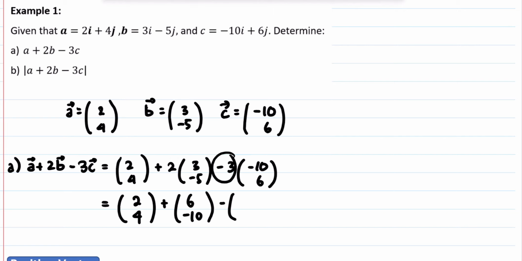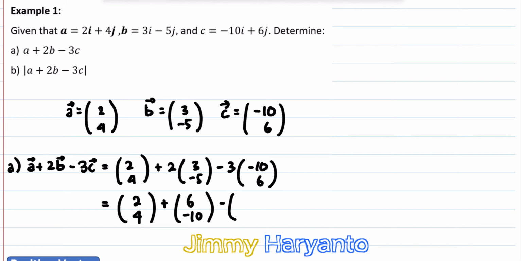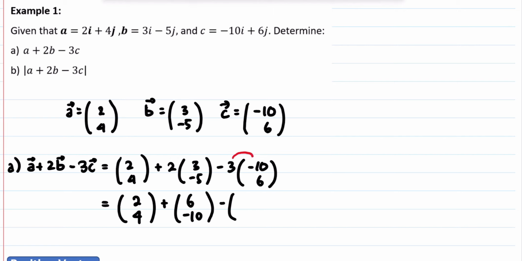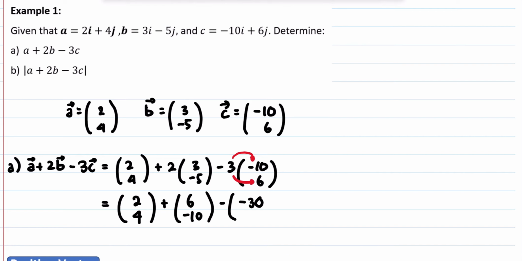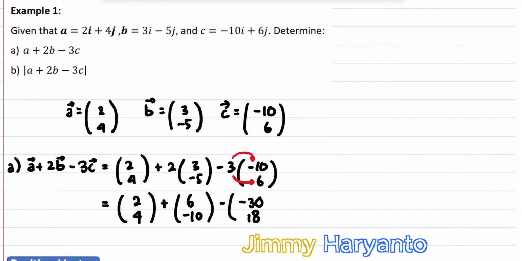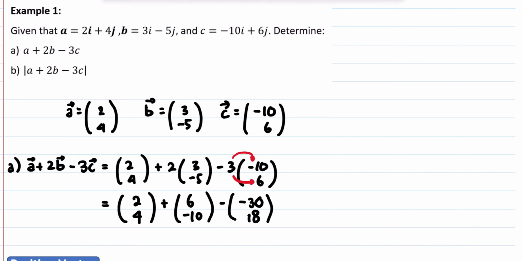So if you have negative 3 like this, I suggest you multiply the 3 only, not the negative 3 but the 3, because it will be easier in my opinion. So the 3 times negative 10 will be negative 30, and then the 3 times 6 will be 18, and altogether